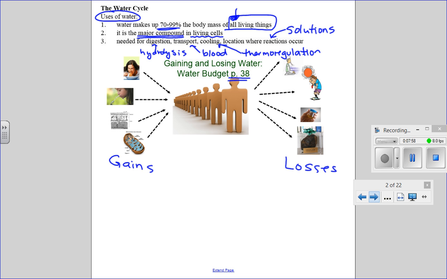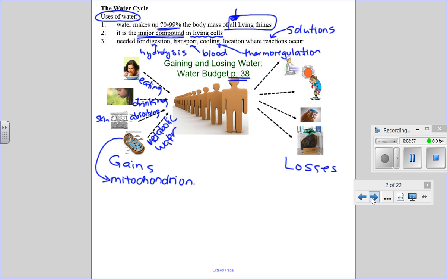Well, there are a few basic ways that organisms gain water. Eating, drinking, absorbing. So this picture here is a little picture of your skin. And lastly, something called metabolic water. Now, you should recognize the picture that is there. It's an organelle. We talked about it at length in the first unit. This is a mitochondria.